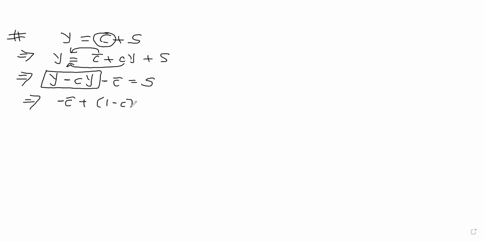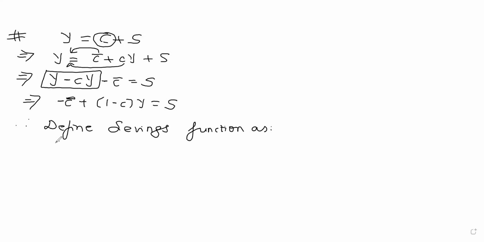So it leaves me with 1 minus c times y is equal to s. Therefore, I can define the savings function as s is equal to minus c bar plus 1 minus c times y,